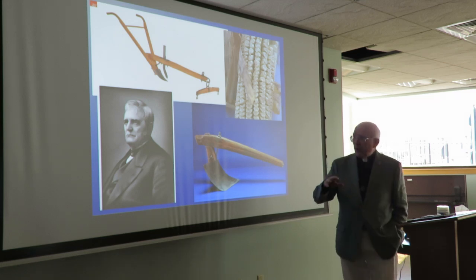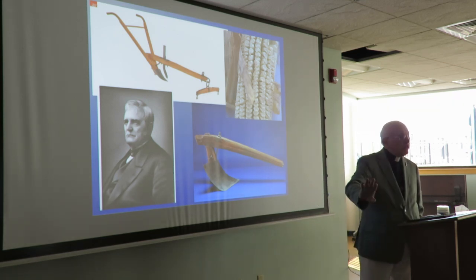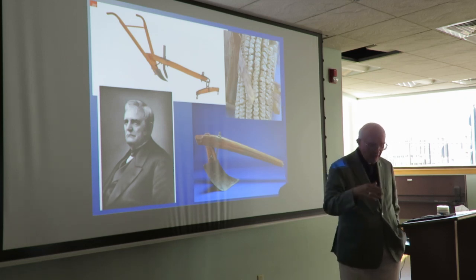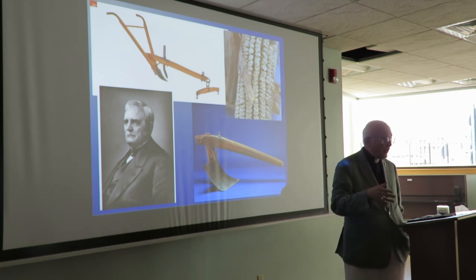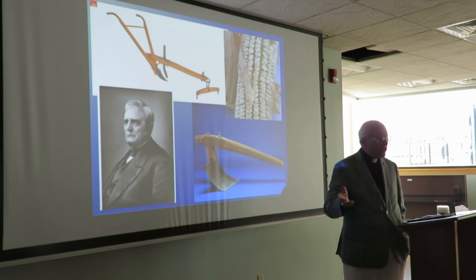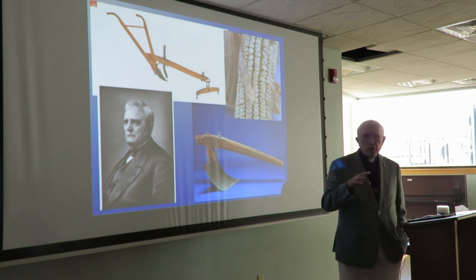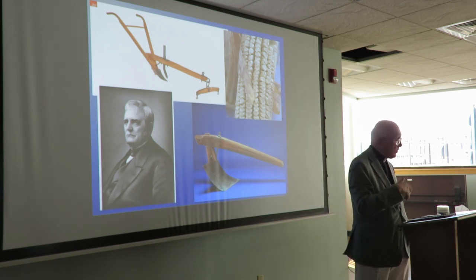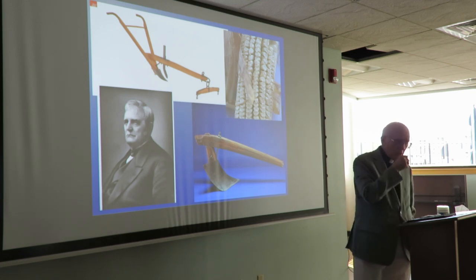The people who settled in the lovely rolling countryside of beautiful southern Indiana, Fayette, Rush, even Brown County. Brown County is a little more rolling, but all that territory, lovely maple trees for sugar maple. The people who settled there mostly came from the backwoods of Virginia, similar hilly country, and they moved there and kept on doing what they'd been doing back home, because it looked like home, and they just did the same